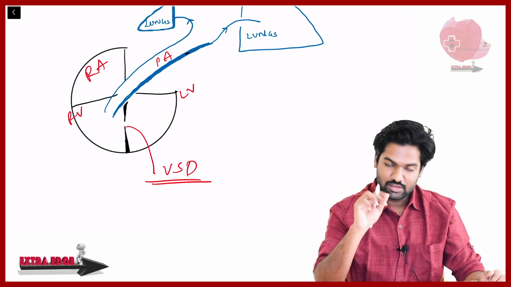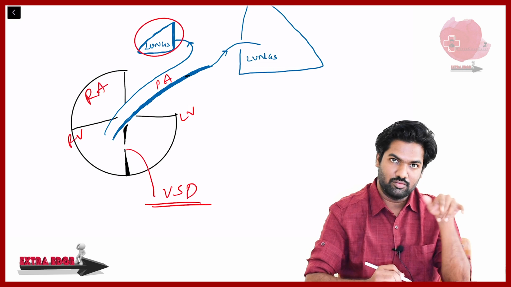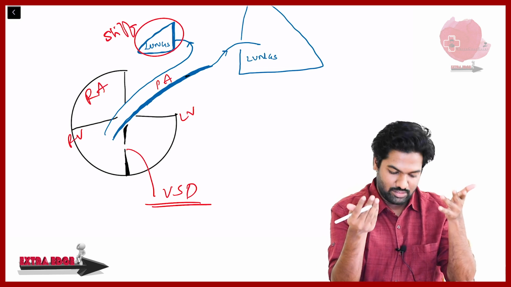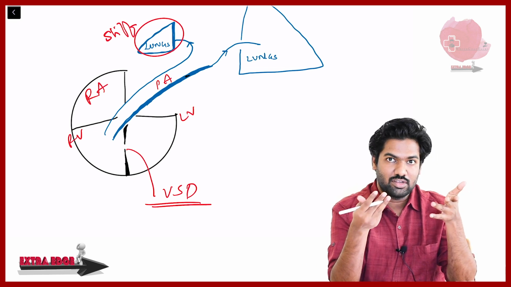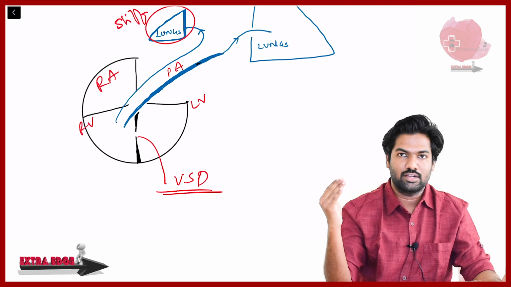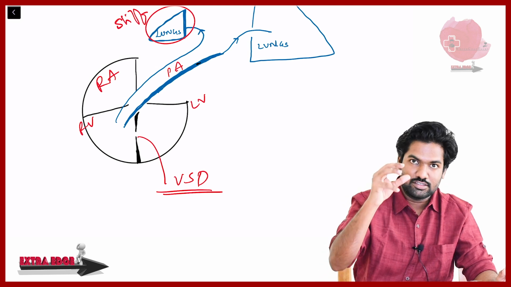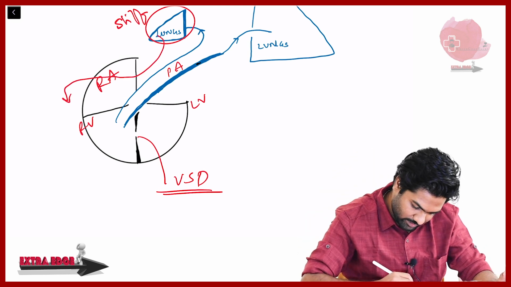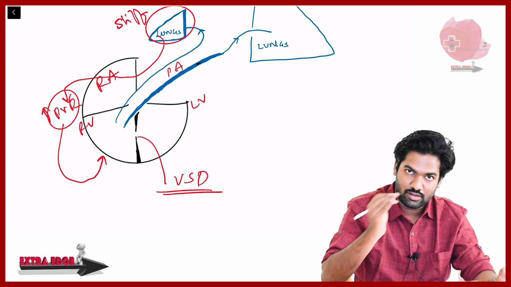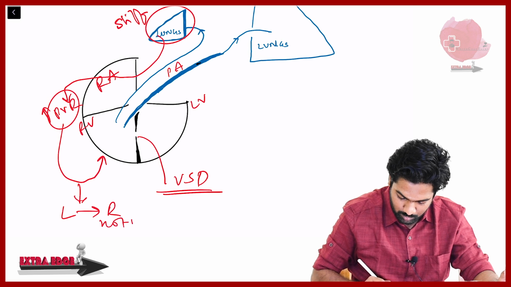Now, in a small VSD, I have shown here on one side that the lung over here is small, which I have marked right now. Small means it is stiff, telling you that the pulmonary vascular resistance is still there. Once the pulmonary vascular resistance is there, do you think the left ventricle's blood will come to the right ventricle? Very unlikely. When the lungs are stiff, there is increased pulmonary vascular resistance, which will not let the left to right shunt occur. Left to right shunt not possible. Left to right shunt not much possible.